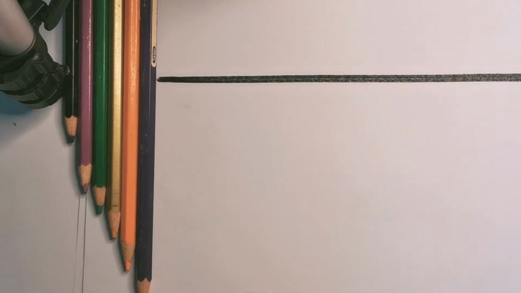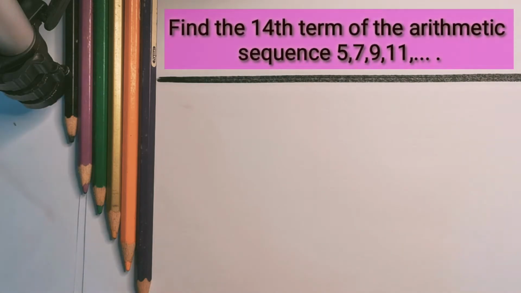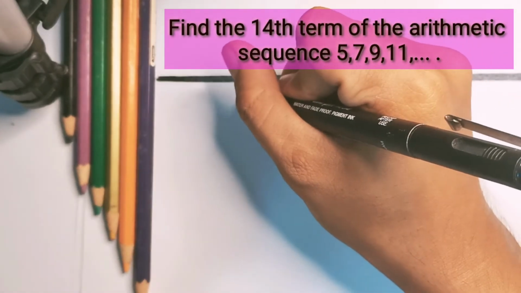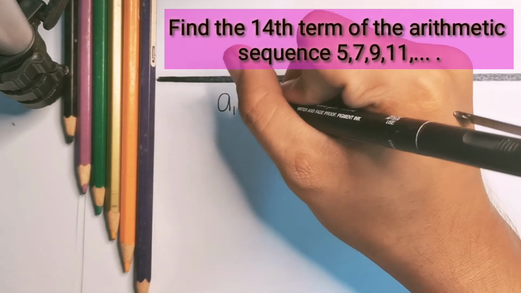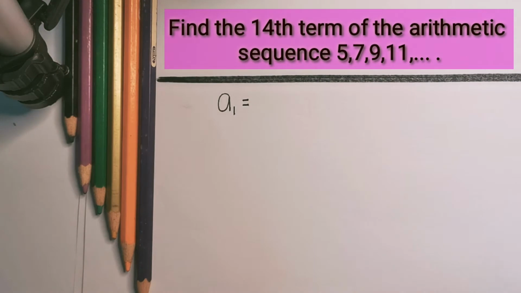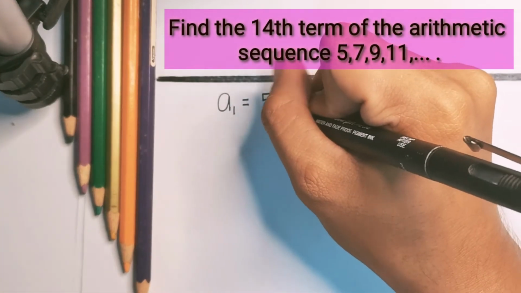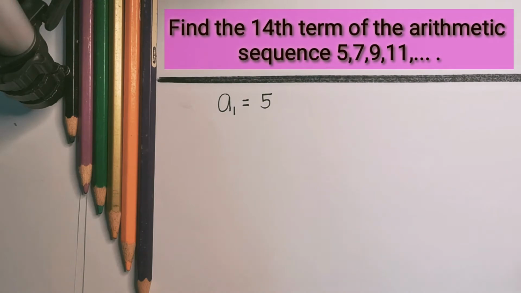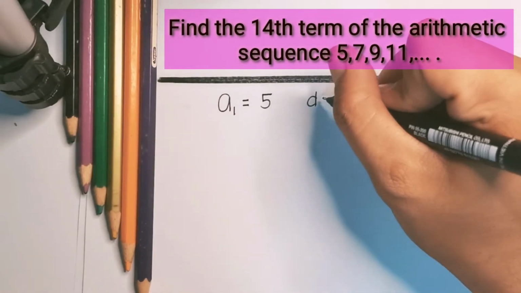Ngayong alam na natin kung ano ang arithmetic sequence, dumako tayo sa mga example. First, find the 14th term of the arithmetic sequence 5, 7, 9, 11, and so on. Since meron na tayong sequence at ang hahanapin natin ay 14th term, ang una natin gagawin ay isulat natin lahat ng given na makikita natin sa given sequence. Una, let us write the first term. Ang ating first term sa sequence, so that is designated as a sub 1, ay 5. Sunod, kunin natin ang common difference. So to get the common difference, that is a sub 2